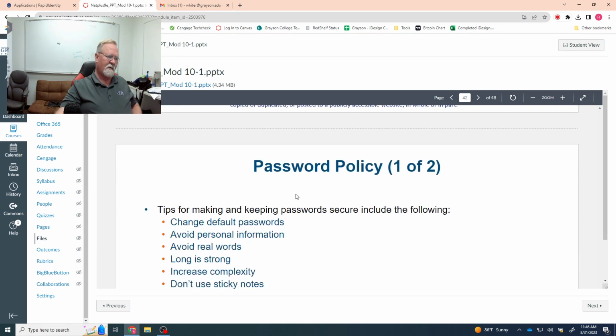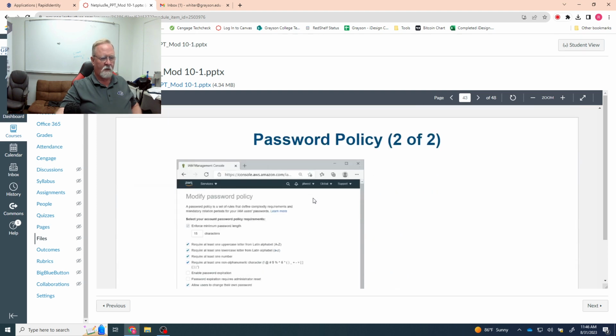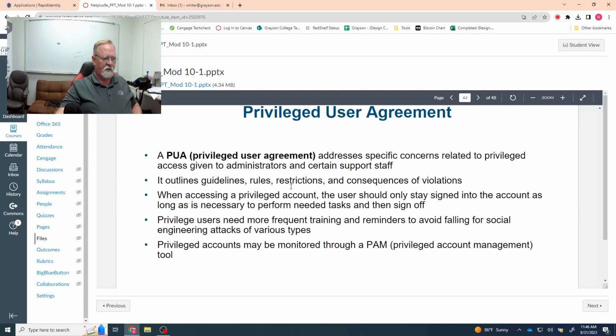Password policies, you should be familiar with these already. But anyway, you're going to need to know these on the quiz. Privileged user, this is an acceptable use agreement for upper level users. So everybody signs the initial document, and then the administrators, like if you're a SQL administrator, database admin, network admin, then you would have to sign a privileged user agreement that has more detailed rules about what you can and